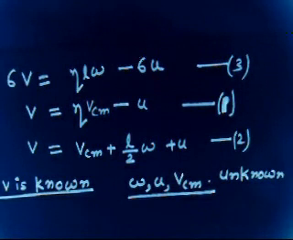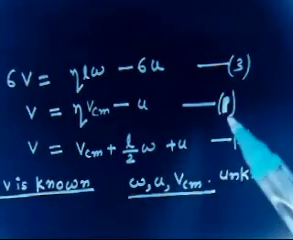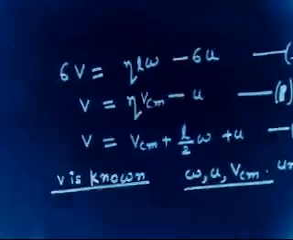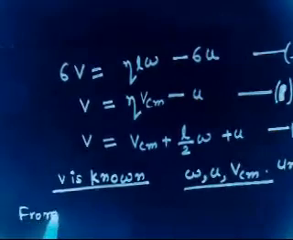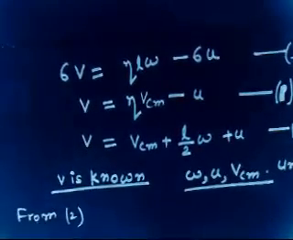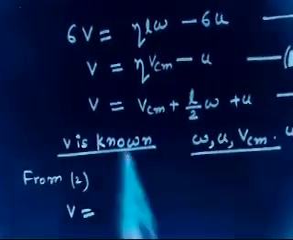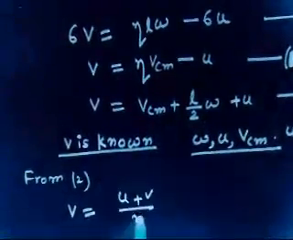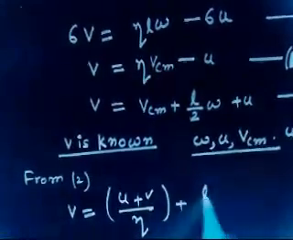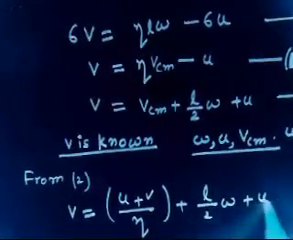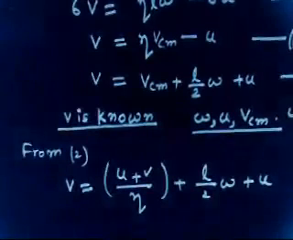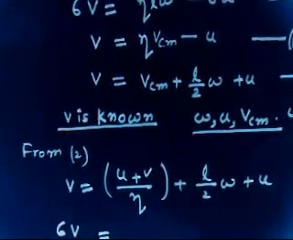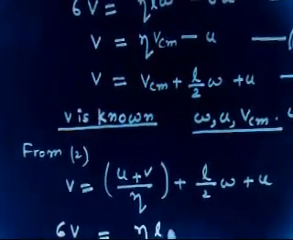So what we can do is plug the value of VCM into equation 2. From equation 2 we will have V equals VCM, and VCM is nothing but (u plus v) by eta. So this is (u plus v) by eta plus L by 2 into omega plus u. Now you see equation number 1, that is 6v equals eta L omega